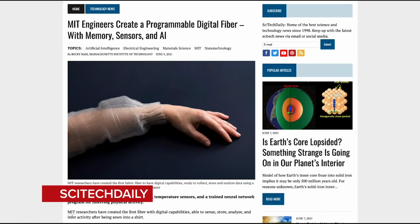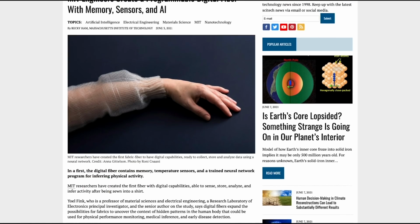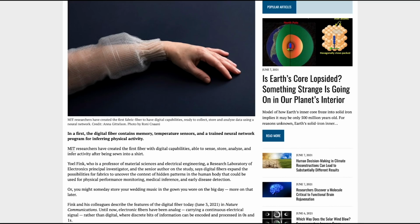Anyhow, sticking with futuristic clothing, MIT researchers have developed the first fabric with digital capabilities so it can sense, analyse and store information of the activity that you're moving around in, if it was weaved into a shirt, for example. I mean, that sounds amazing, but what does it mean? Well, it means it's the first opportunity of using digital fabrics so that we can use it for performance monitoring, for example. So you could perhaps monitor physical activity, you could use it in the medical industry, perhaps for early detection of